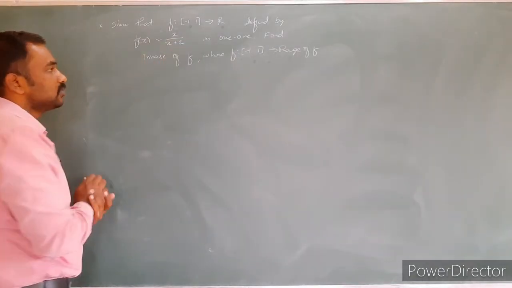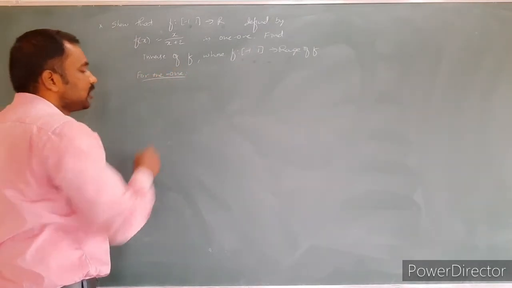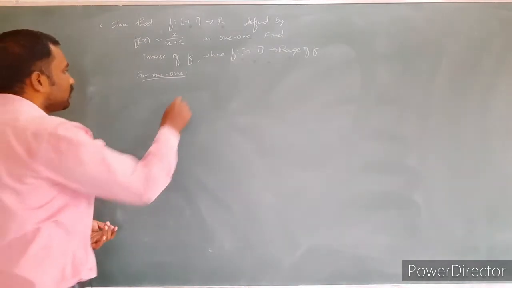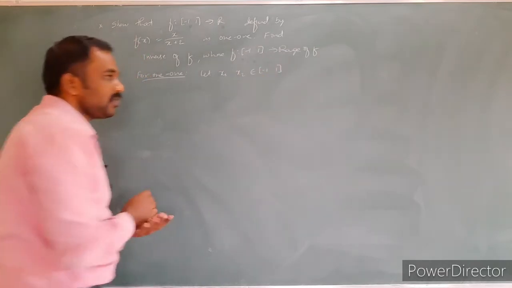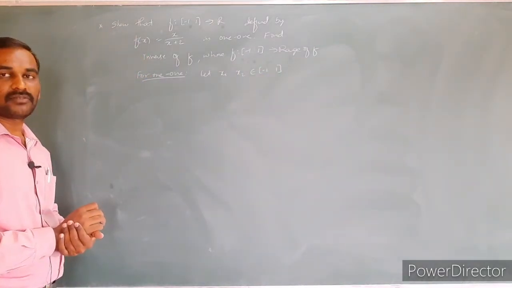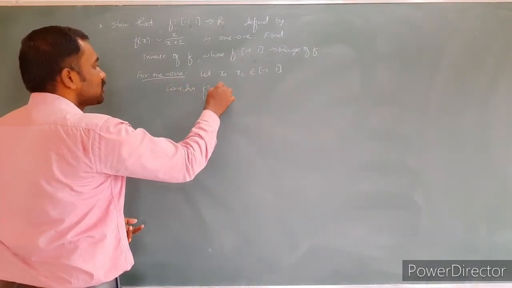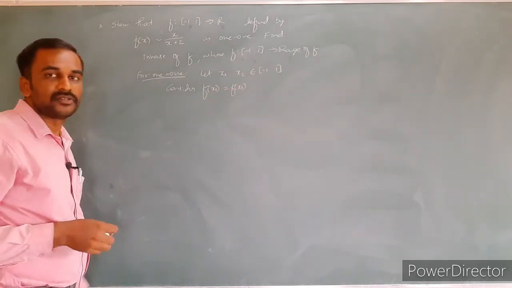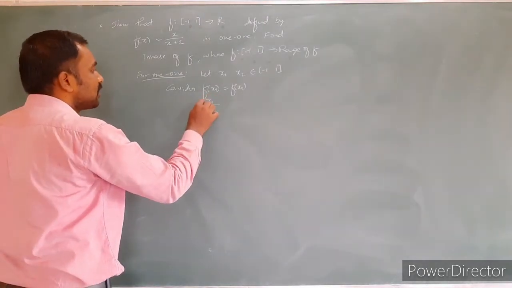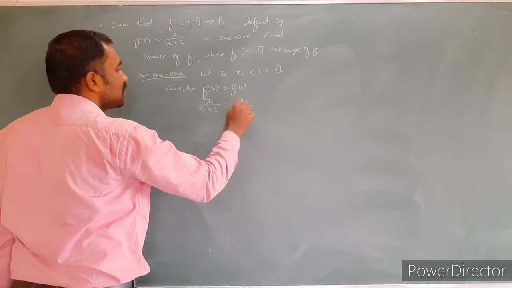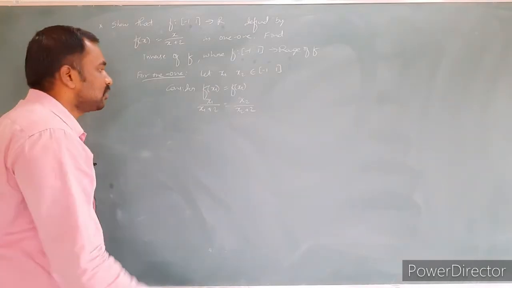First of all, let us prove this is 1-1. Okay, the process we know. Pause the video and try to prove it is 1-1. So how do you prove 1-1? Consider two elements x1 and x2 belonging to the domain set minus 1 comma 1. In general, we have to prove it. Consider f of x1 is equal to f of x2. Wherever x is there, replace it with x1. What will we get? x1 divided by x1 plus 2 is equal to x2 divided by x2 plus 2. Solving, we have to get x1 is equal to x2.